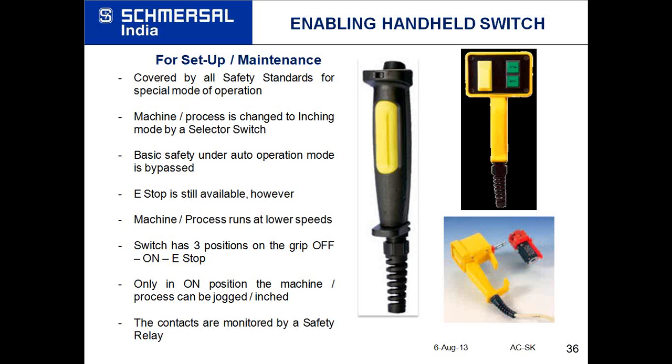Now, this is to be held in one hand, and with the second hand you have to do the setup. If suppose there is some unwanted incident which is happening or going to happen, there are 2 ways you will react to that incident or event. The one way is you will throw away this device and run away. The moment you throw it away, the yellow part will come to the off condition, and the jog push button will also be off, so the machine will not run.